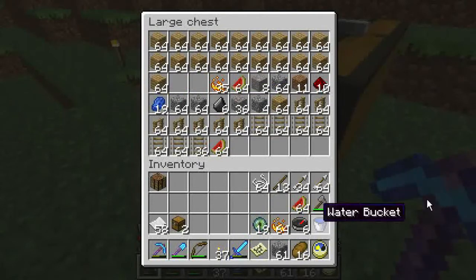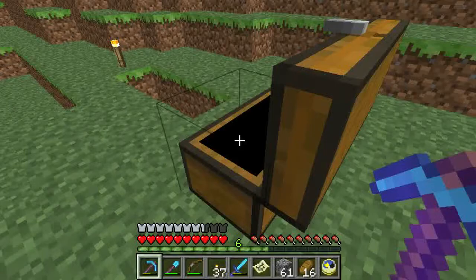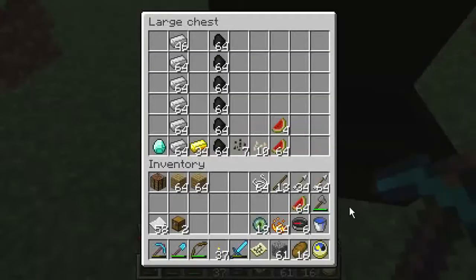a stack of blaze powder, a stack of melon, I think a couple of stacks of planks, and a stack of coal for making torches, partial stack of iron for making more armor should I need it, and I think that's pretty much about it, really. I've got the paper, compasses for making more maps,